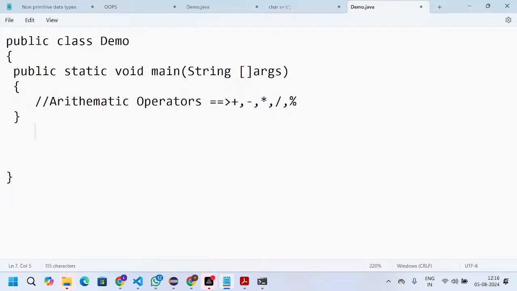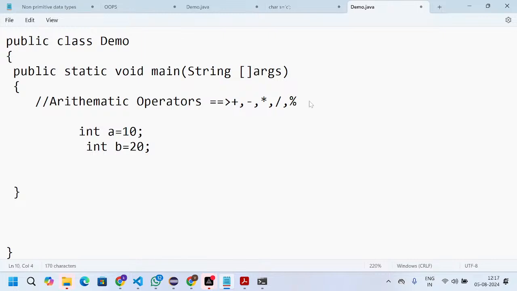Here I am taking two variables, int a equal to 10, and int b.